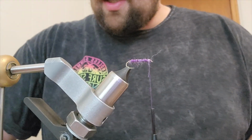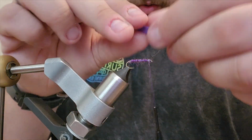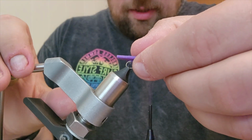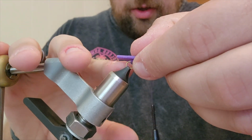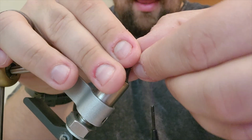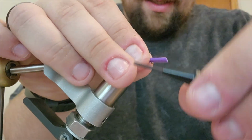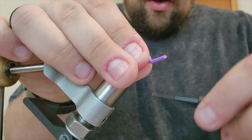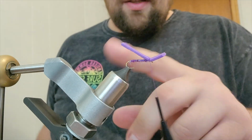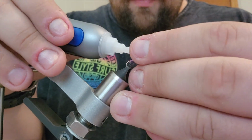So, then we're going to take our 2mm craft foam, and we are going to place it just behind the hook, about a hook gap past, right? And the width of this foam I cut is a hook gap. So we're going to tie it in, and then because you see it's popping up, I'm going to take some of this